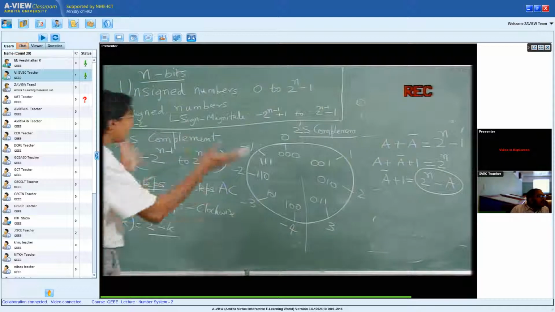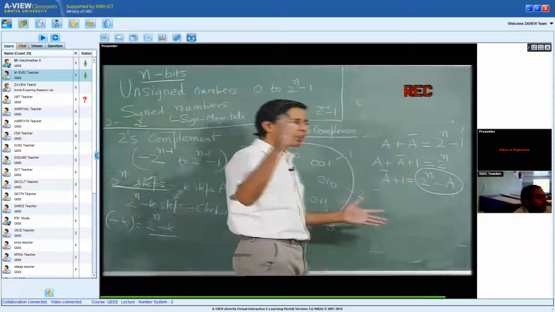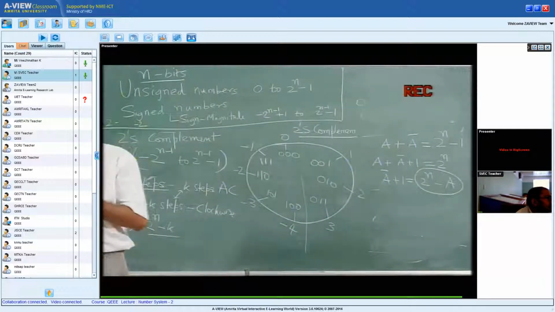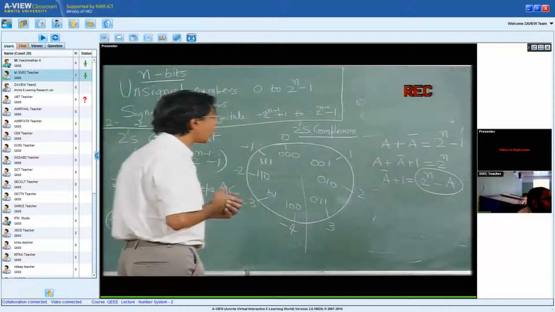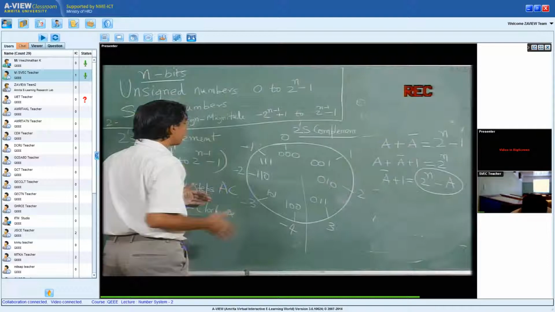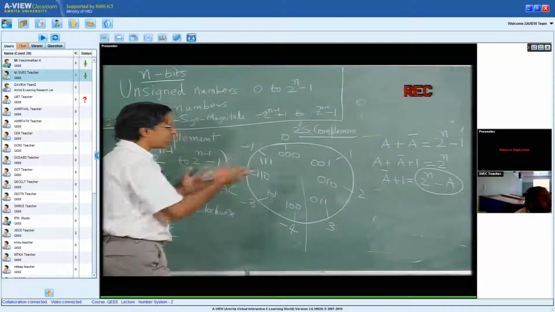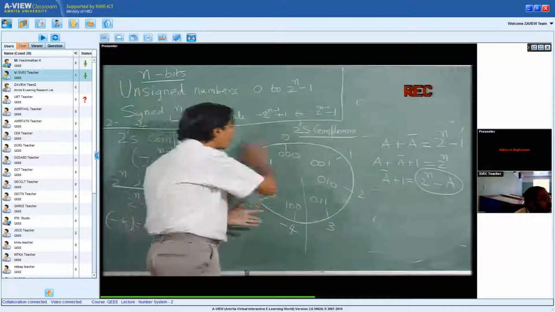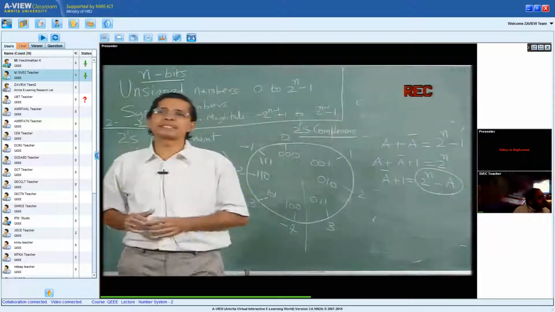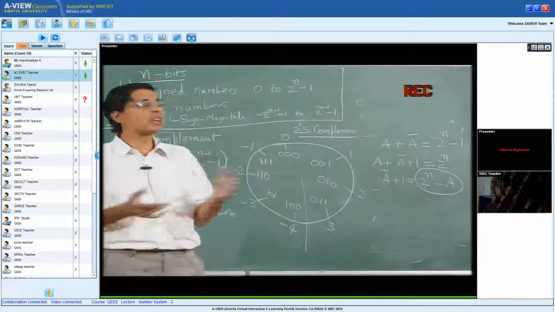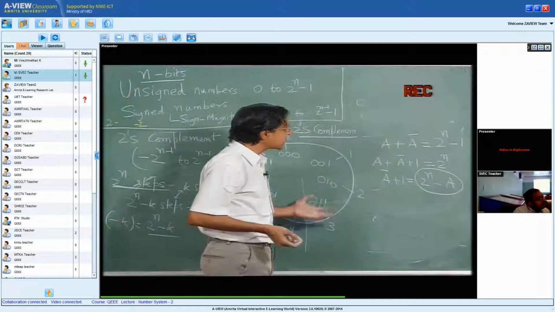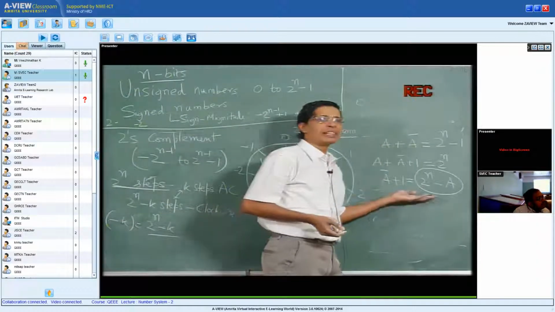That's how, given a decimal representation, we test the last digit for whether it's even or odd, and we say that the entire number is odd or even. Similarly, I can test a bit and find out whether it's odd or even. Leave alone that, if I use the least significant bit for this arithmetic, the whole operation becomes extremely complex. You may realize it, but it's not going to be as easy as this. For example, if I want minus a, I can't do some simple arithmetic like this.